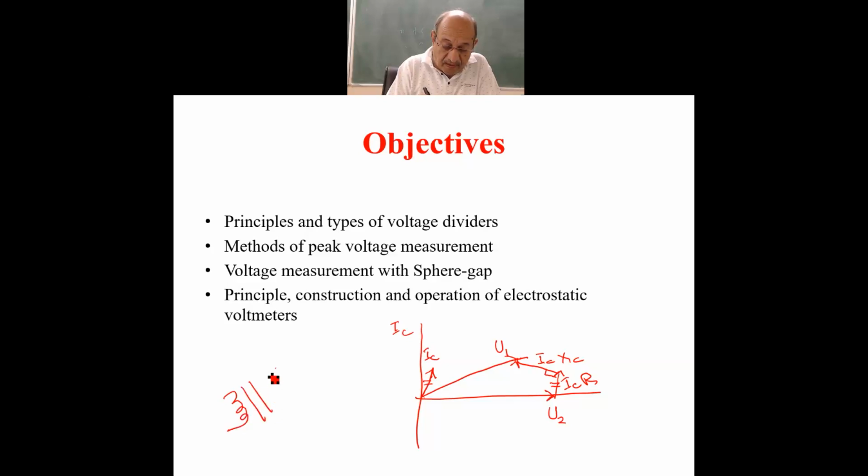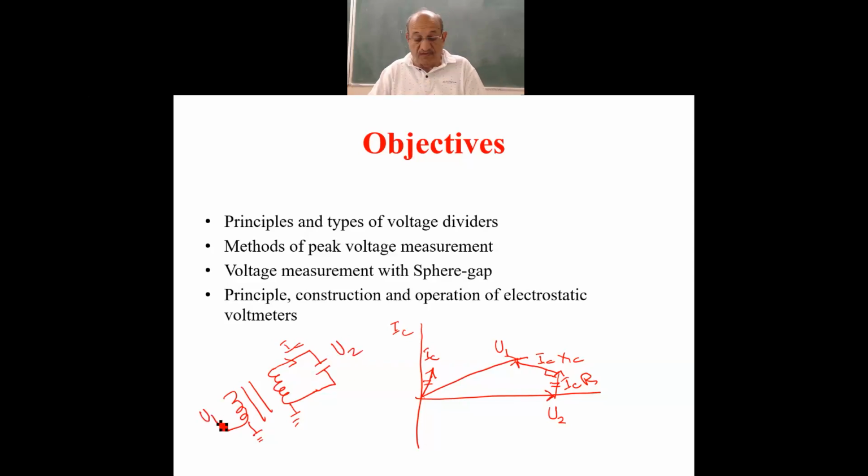and you are applying the voltage to the test, this may be grounded, and this may also be grounded, and this is your IC, and this is U2, and this is U1. That is what we have drawn, and this is forming a capacitive reactance XC and some resistance